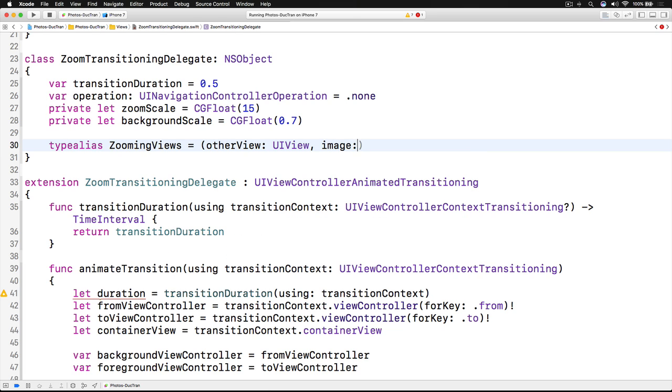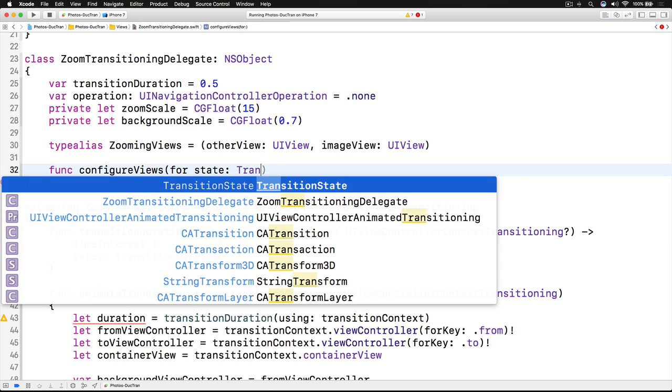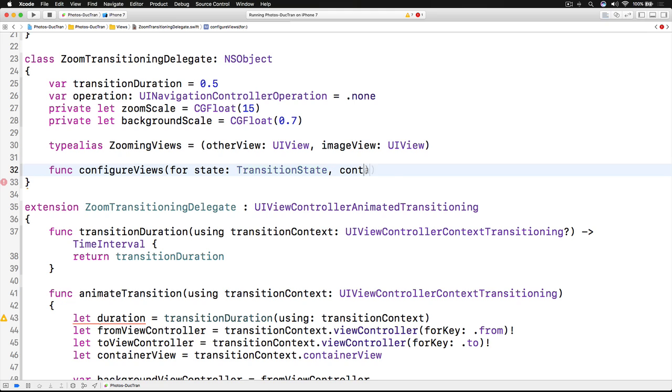And then we have the image view is a UI view too. Okay, this is a typealias, a tuple inside Swift. And then let's create a helper method. This helper method will help us to set the initial alpha, the initial transform of the background view controller view, and then the image view. And also when the state is final, we will set the final state of the background view and also the image view. Make sense? So here we configure the views for the state of transition state with the container view